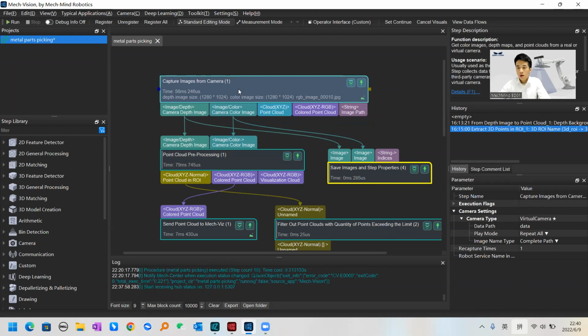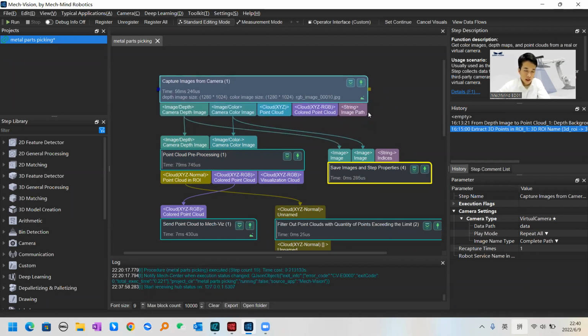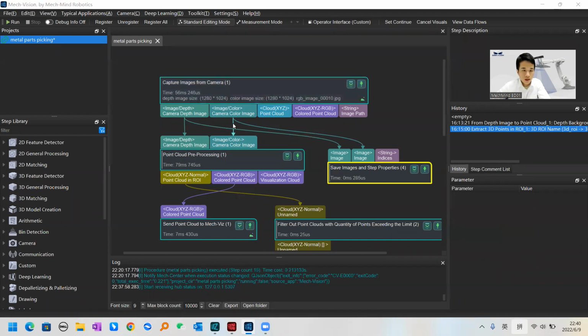Okay, so now I will take this project as an example to show you how our software works. This project is metal parts picking. If you double click,